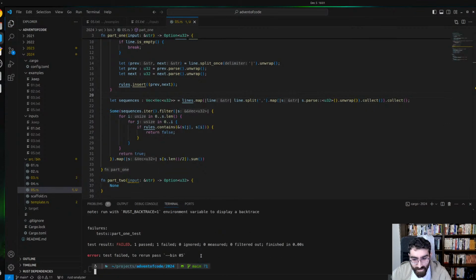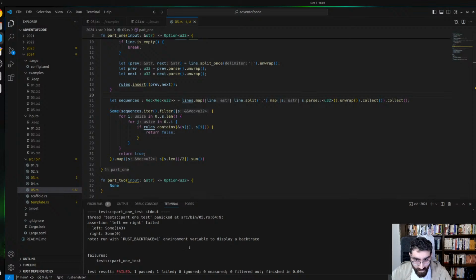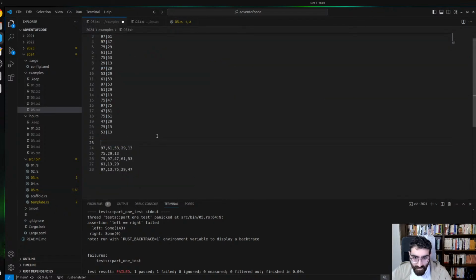Nice. Let's try. It is failing. Still is getting 0. Okay. So why is it not working? Oh, okay, so the i is actually the one on the right. So we should, if we get this sequence,